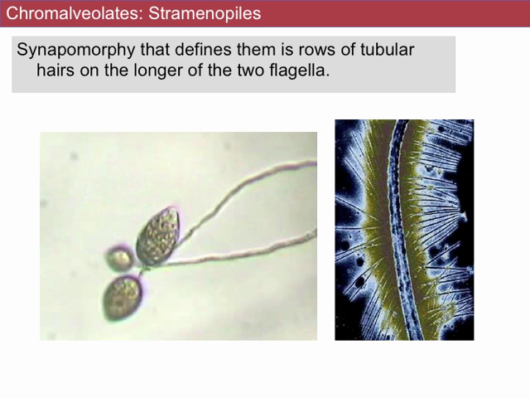Diatoms are a separate lineage within this group. They carry out a lot of the photosynthesis on the planet. We know an extraordinary amount about the evolution of diatoms because they form excellent fossils. They form these hard outer casings to the cell, and there's an incredible fossil record of diatoms that has allowed us to understand their evolution better than many other microbial eukaryotes. Many of them are also photoautotrophic.